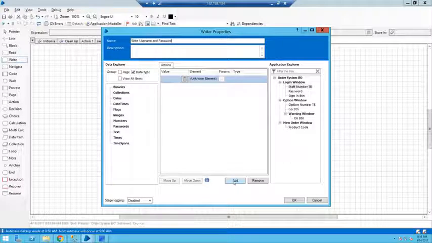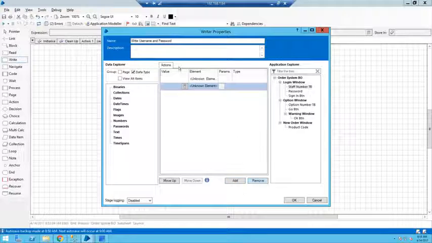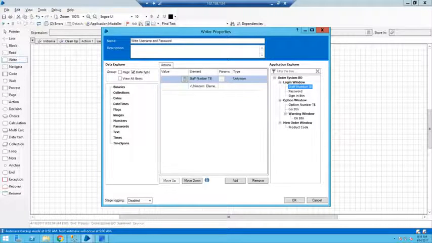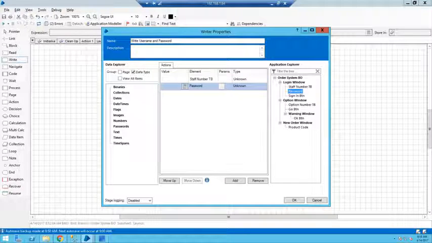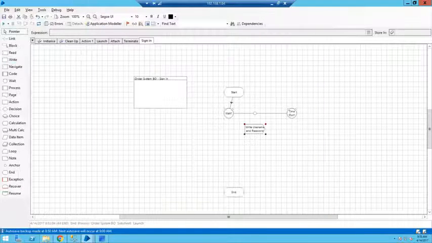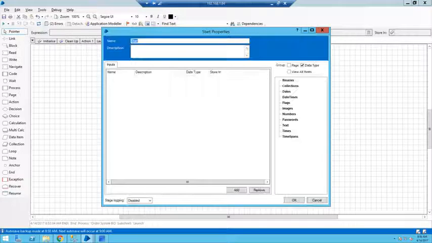Okay, so here I can use two elements, and you just need to drag them: staff number, drag the element here, and password to be here. Okay, and for the value we need to provide, we can create some input variables